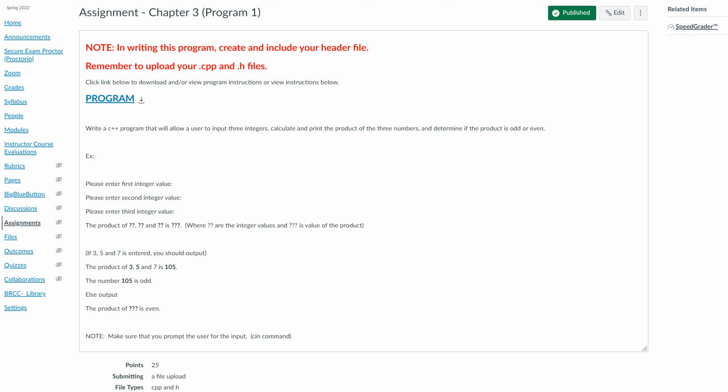Now, once those 3 integer values have been entered, you should output this statement: the product of, and the question mark, comma, the question mark, and question mark is question mark, period. Where the 2 question marks represent the integer values that were inputted, and the 3 question marks represent the product that has been calculated. Now, given an example, if 3, 5, and 7 is entered, you should have the output